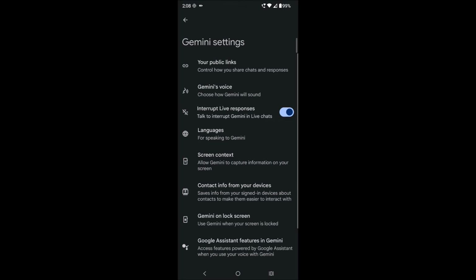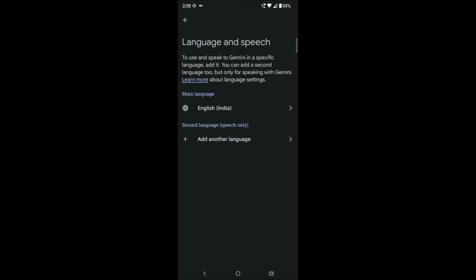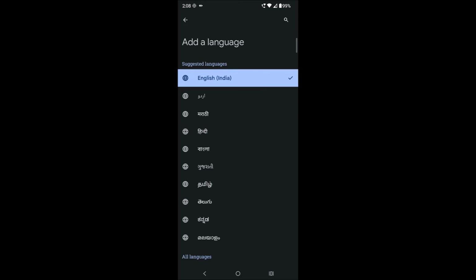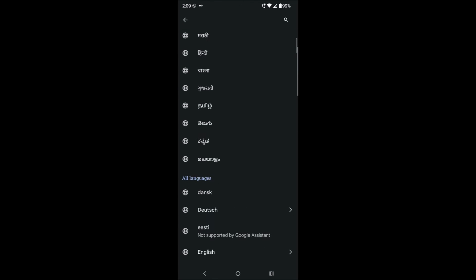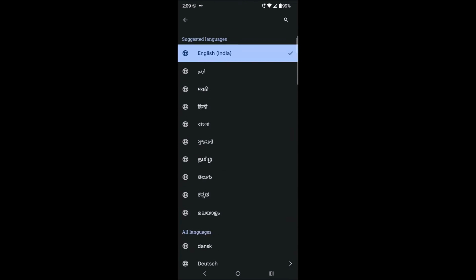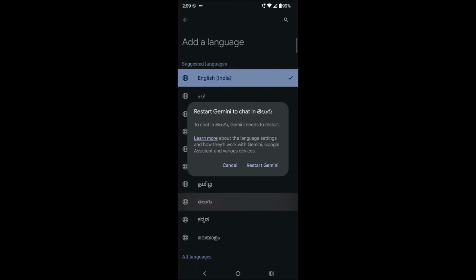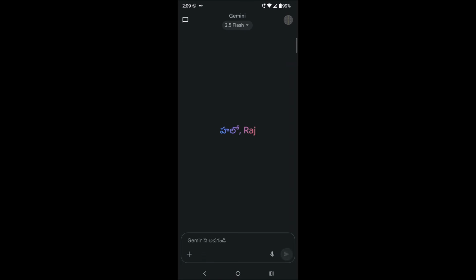Now I'll be clicking on Google Gemini, then click on languages. By default, English will be available for you. If you want to change it, tap on this and click on the available language, whatever it may be. For example, in this tutorial, I'll just confine it to Telugu, and it is asking me to restart Gemini. So Gemini will restart, and now